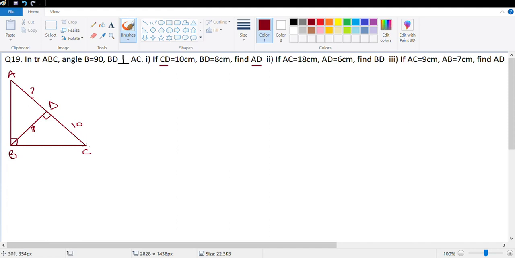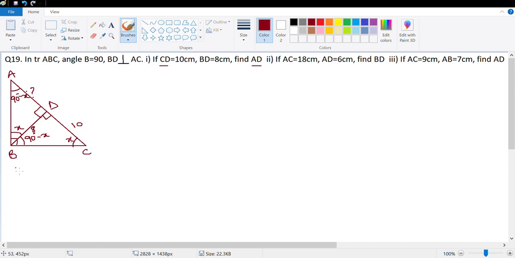Okay, so let this angle be X. If this angle is X, then in the big triangle, angle A is equal to 90 degree minus X. Let's look at the small triangle BDC. If this is X, this is 90, then this angle is 90 degree minus X. Now angle B is 90, this part is 90 minus X, which means this part is X. And this angle obviously is 90 degree. Let's just write down whatever I've written.